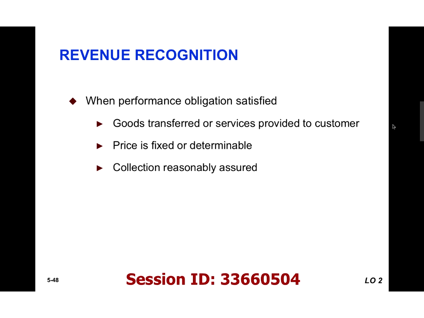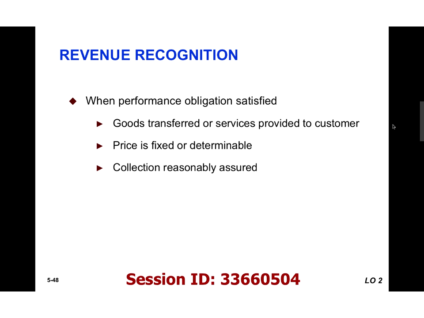Then we have these other two criteria that we're not going to use too much, but just know that they exist. The price is fixed. We can't say, oh, we'll sell it to you, we'll agree on the price someday in the future. We don't recognize revenue until the price is fixed or determinable, and that collection is reasonably assured. So a company can't set up a bunch of sham sales, recognize revenue, and then later go, oh, we couldn't collect. You have to be reasonably assured that you're going to collect the revenue. So the big key is that the goods are transferred or the services provided to the customer. That is when we recognize revenue.